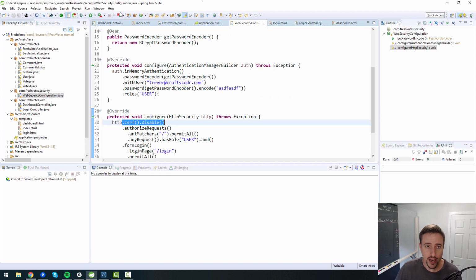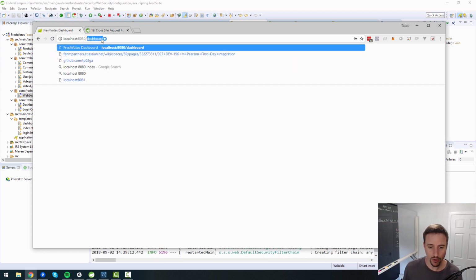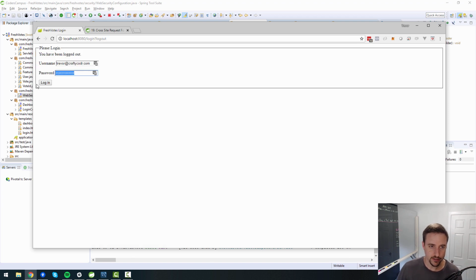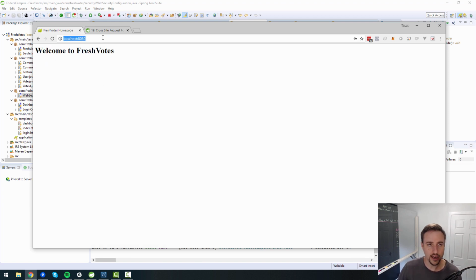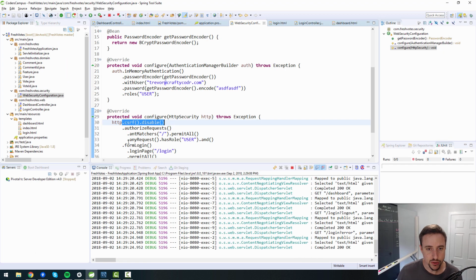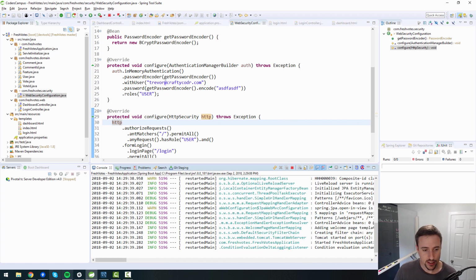So right now, if I go ahead and start up my server and I go to my dashboard, I can log out and log in and see all this stuff appropriately. Everything functions the way it should function. Well, as soon as I go into my web security configuration file and enable CSRF by removing the disable code, and restart my server, you will see that